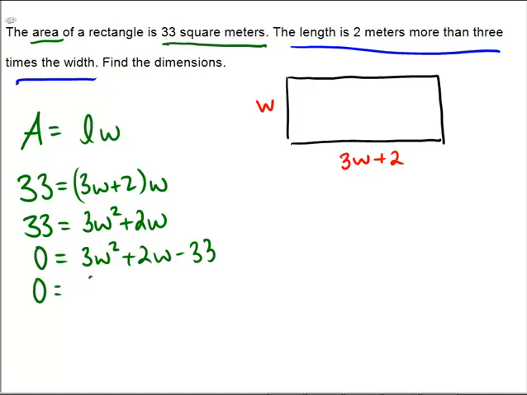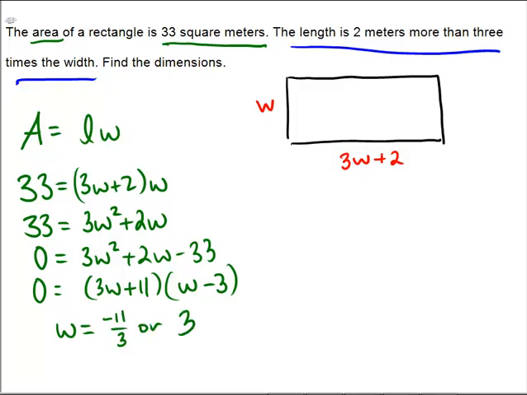Now, take our shot at factoring. We need a 3w and a w, and let's think what we're going to do here. Well, it looks like an 11 and a 3, right? So we're going to plus 11, because that'll give me 11w, and then we'll minus a 3, because that'll minus 9 and leave me with 2. So there you go. So by zero product property, w is either equal to negative 11 thirds or positive 3,